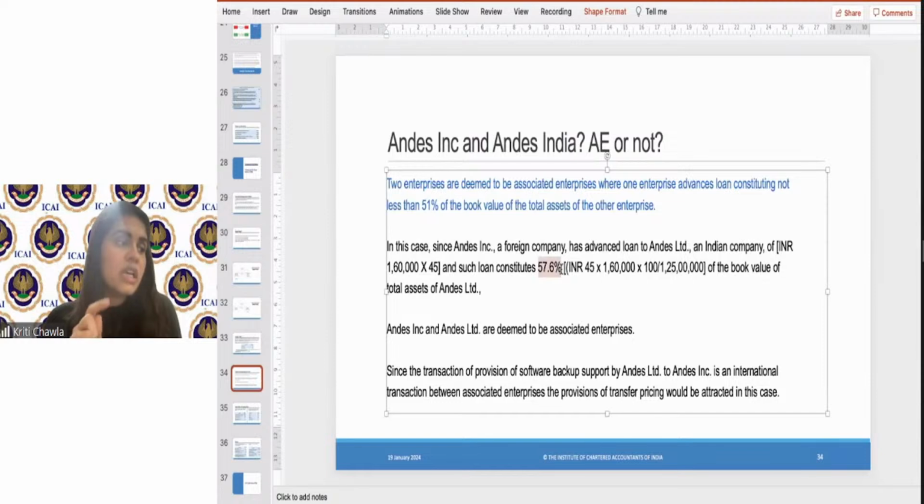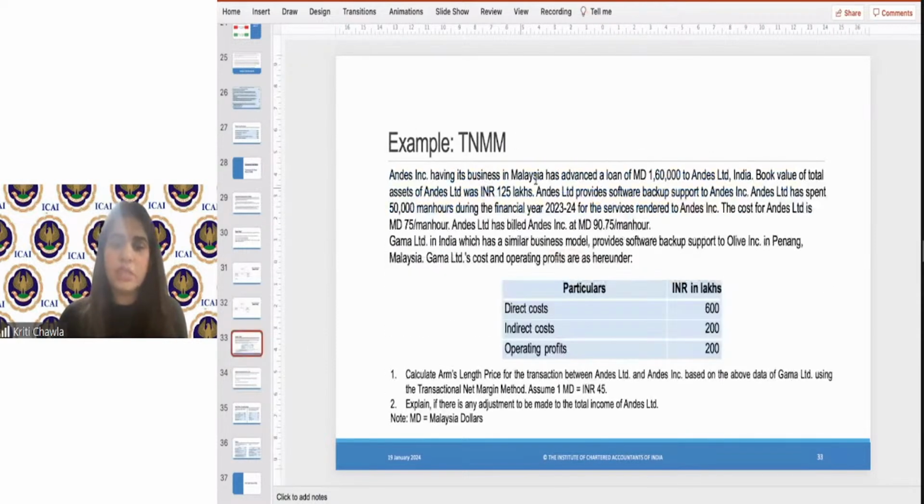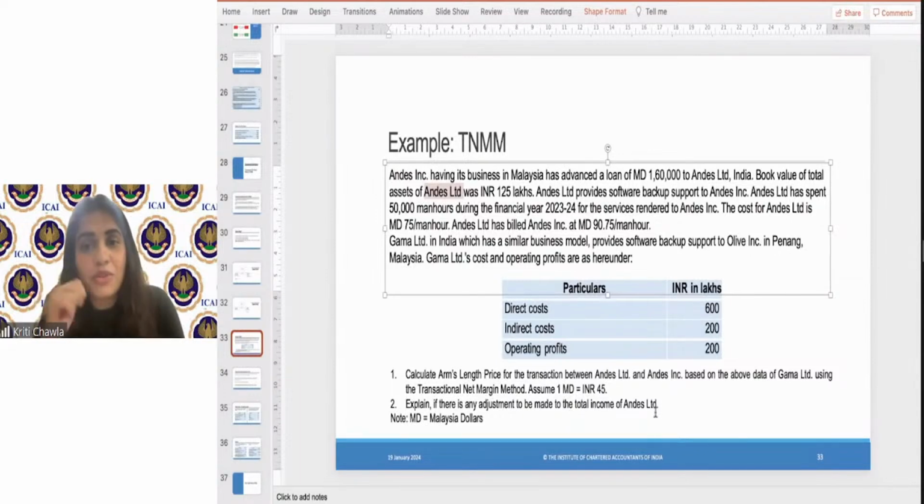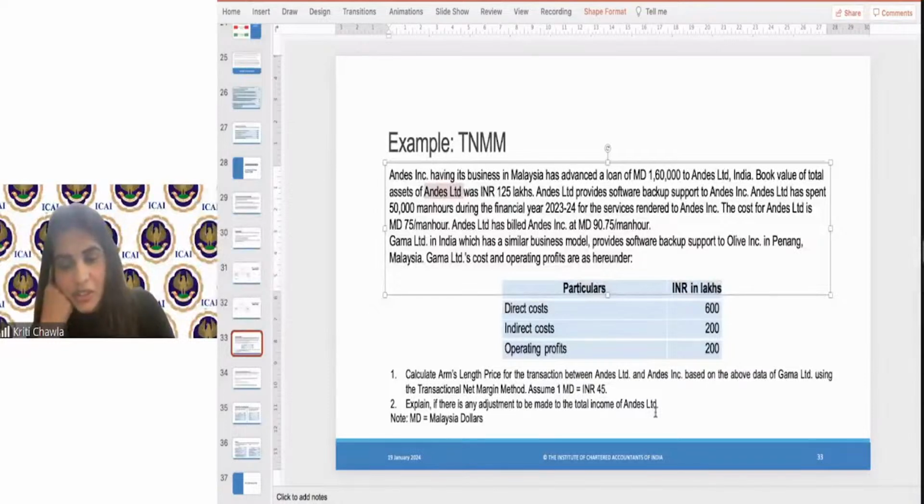You'll have to do this initial calculation because there are marks that will be allocated to this calculation also. So that basically means that these two companies, Andes Incorporation and Andes Limited of India, are related to each other because Andes Inc. has given a loan of 51% or more of the book value to Andes Limited, and hence they are related. And transfer pricing provisions will be applicable. Yes, absolutely. The calculation in the chat box also that you guys have given is also correct. So this is going to be